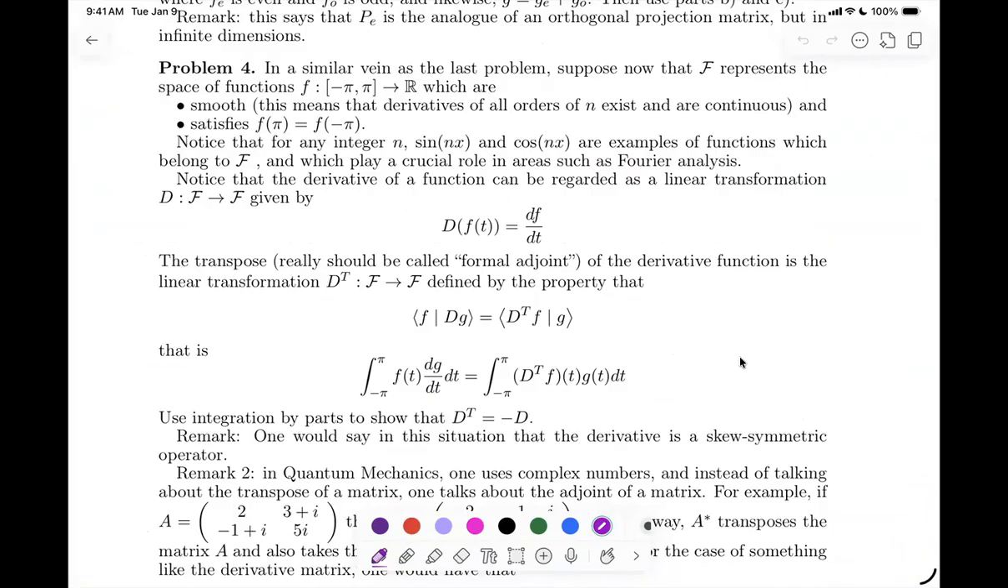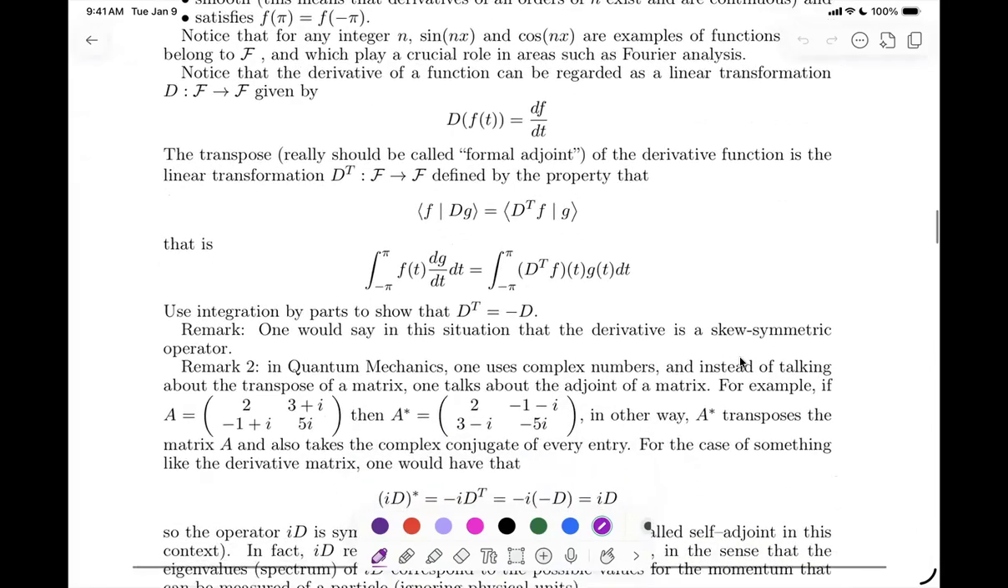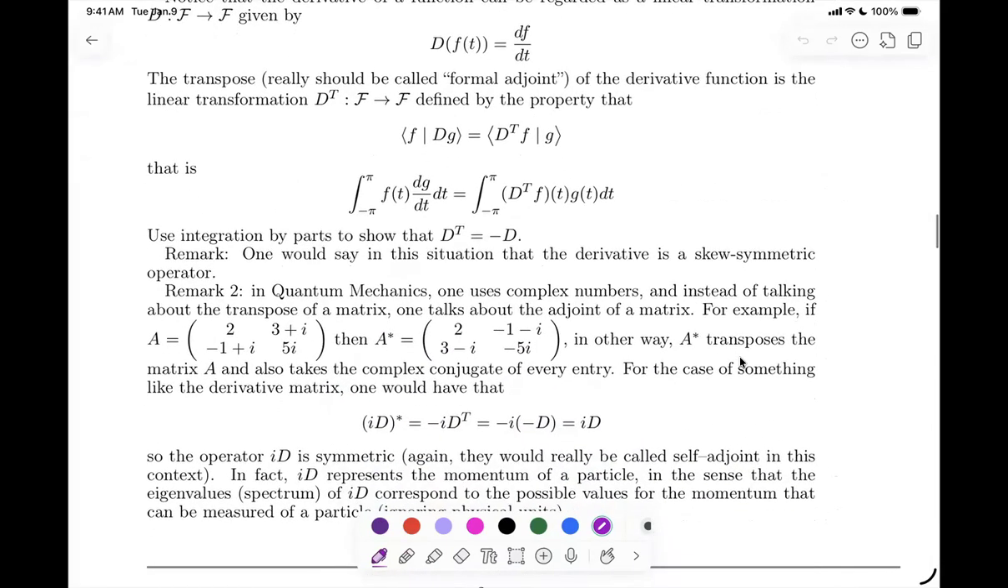You just end up using integration by parts, and it's for you to check that the transpose of the derivative is minus the derivative. That's interesting, and I make a remark here: if you use complex numbers, which we won't,